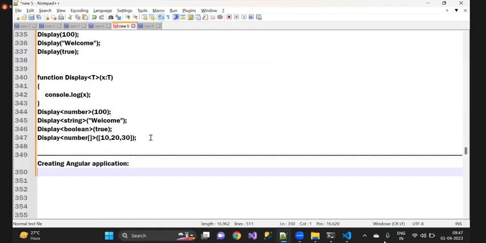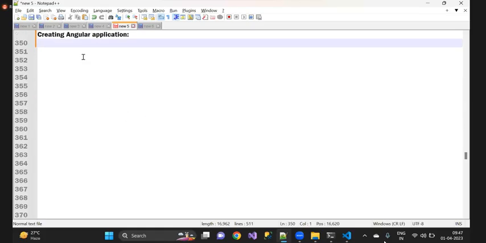In order to create that Angular application, a few steps are very important. So the first one is going to be